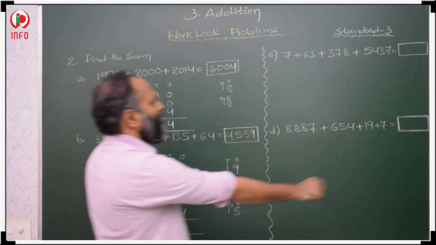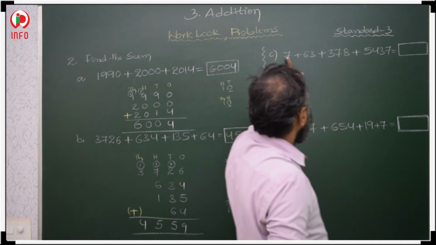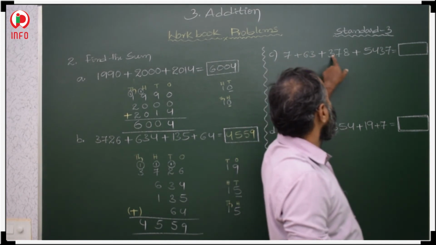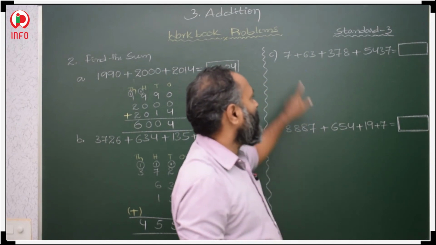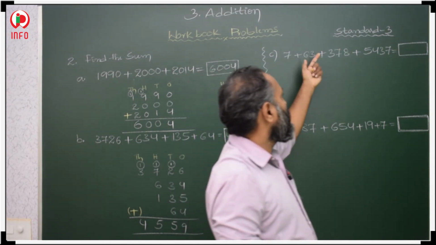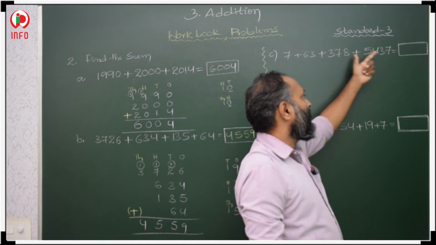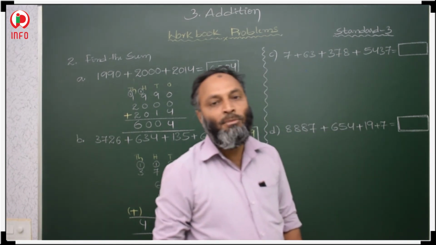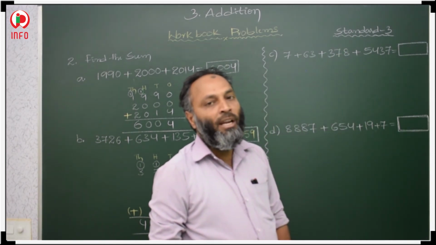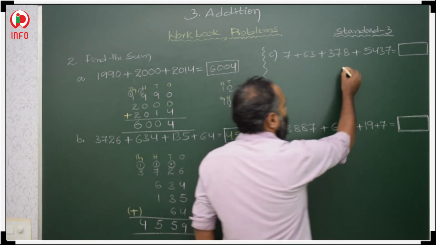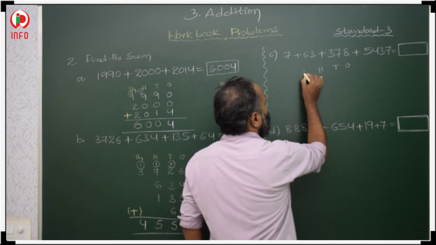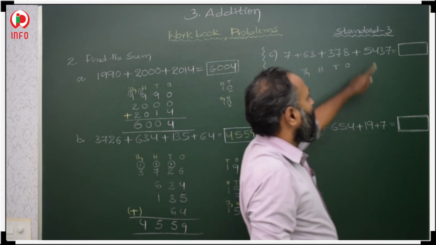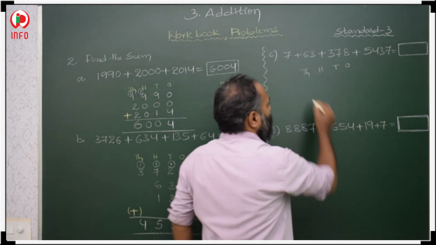Next we have to add this here. How many numbers are given? 1, 2, 3, 4. 4 numbers are given. So here maximum how many digits were there? In this only 1 digit is there. Here 2 digits were there. Here 3 digits were there. Here 4 digits were there. Maximum 4 digits. It means we have to take till thousands place: ones, tens, hundreds and thousands. First you start from maximum places. That is